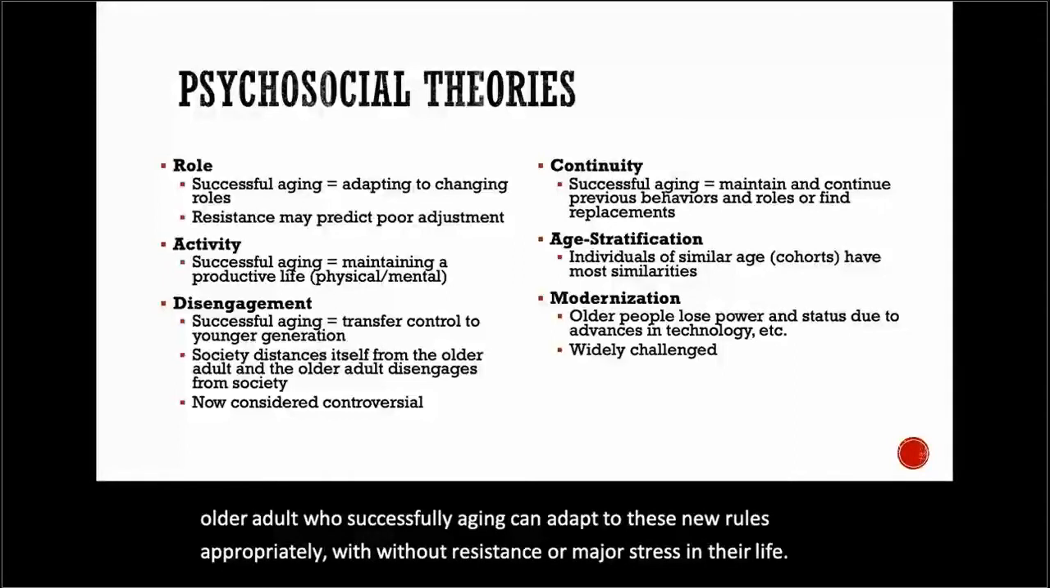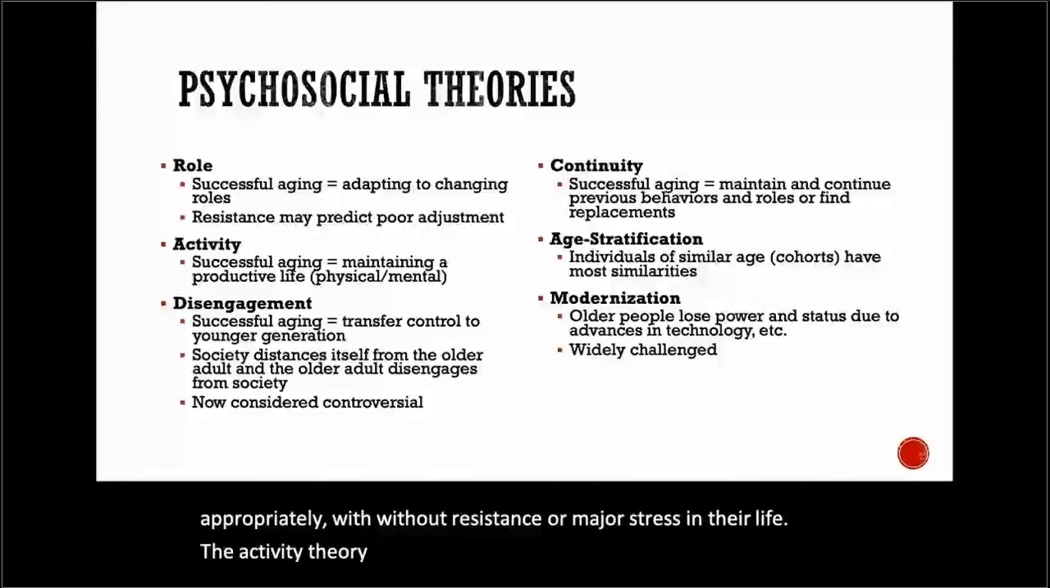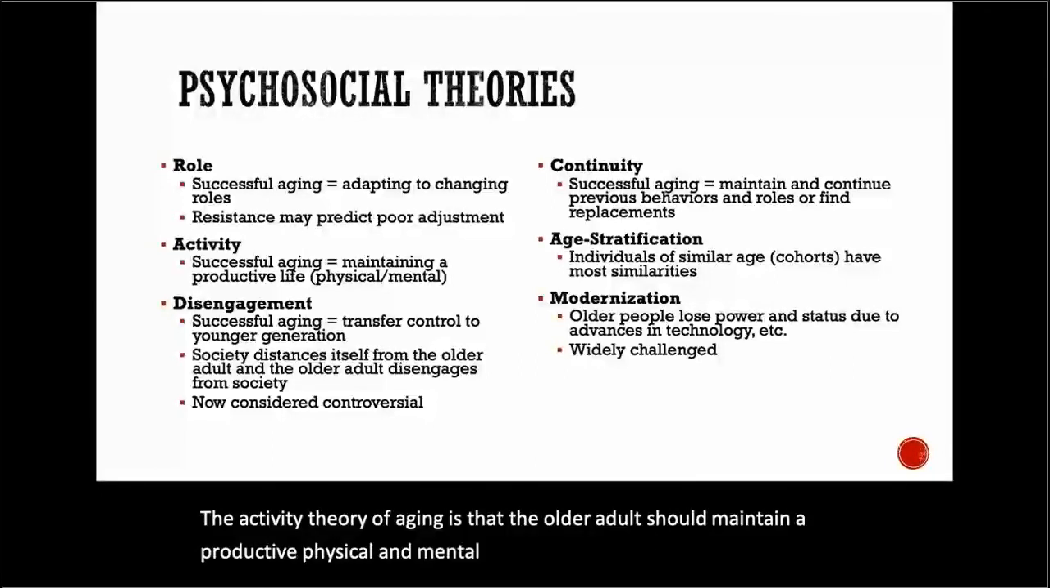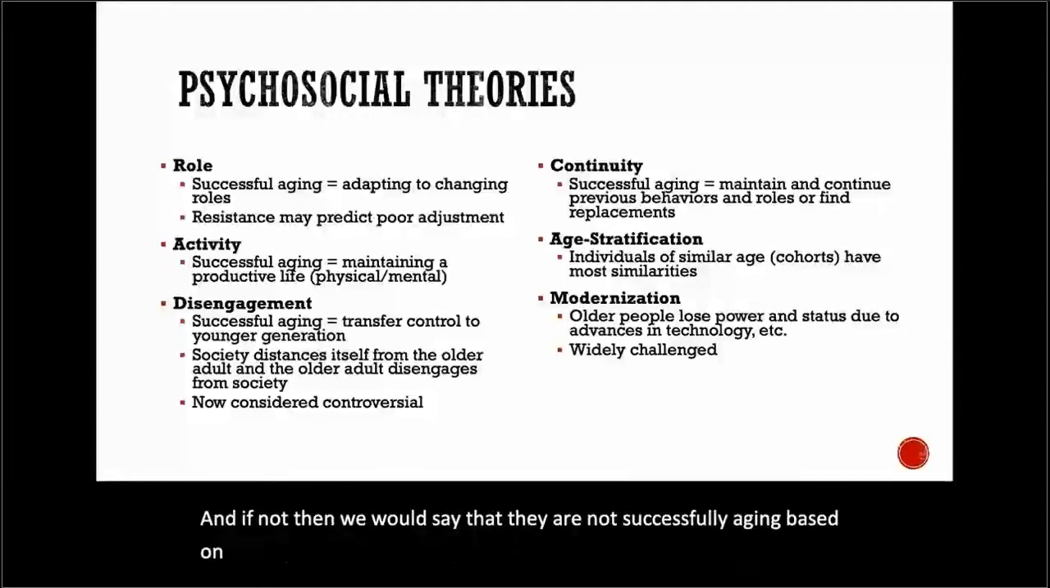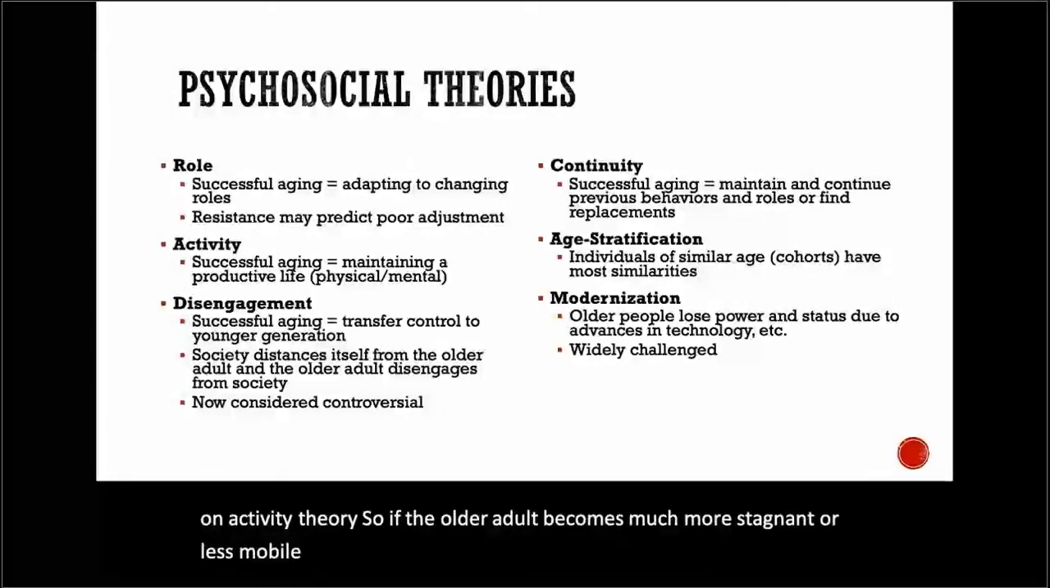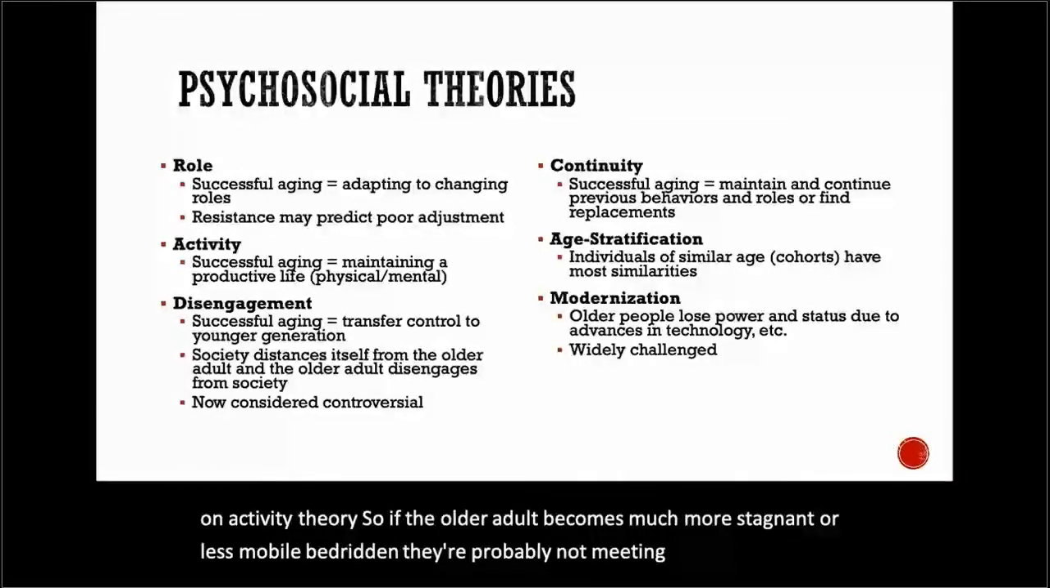The activity theory of aging is that the older adult should maintain a productive physical and mental life. And if not, then we would say that they're not successfully aging based on activity theory. So if the older adult becomes much more stagnant or less mobile, bedridden, they're probably not meeting this outcome related